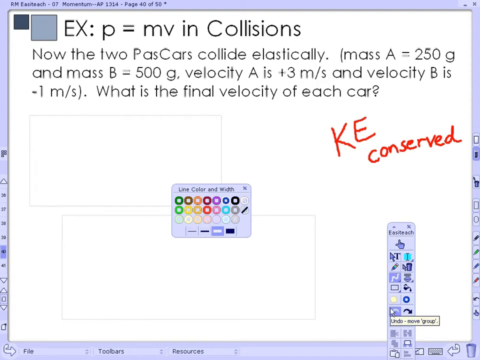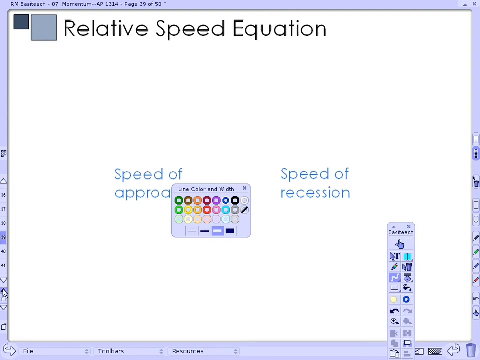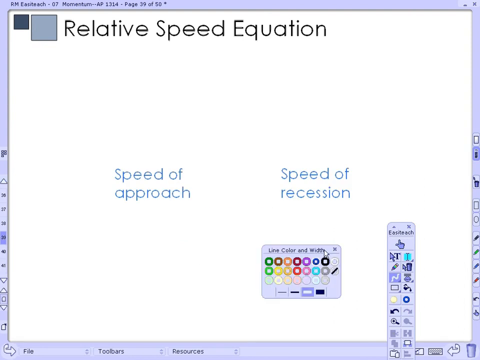And it's all based on something called relative speed, okay? What I want to get across to you right now is that relative speed is a consequence. It's a corollary. It's a logical conclusion that you can prove from conservation of kinetic energy. So this is synonymous with saying kinetic energy is conserved. It turns out that if kinetic energy is conserved,